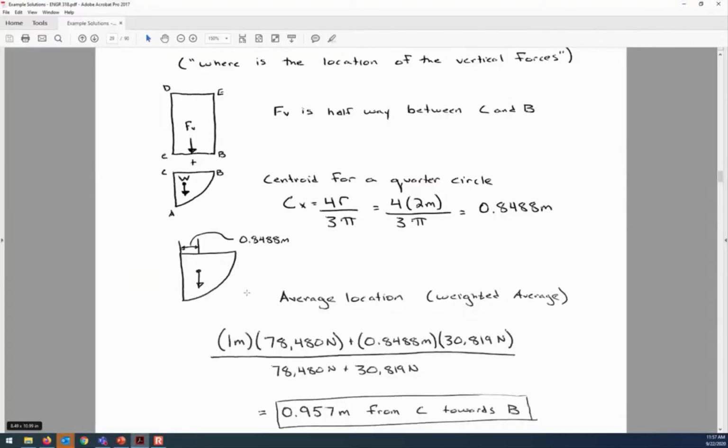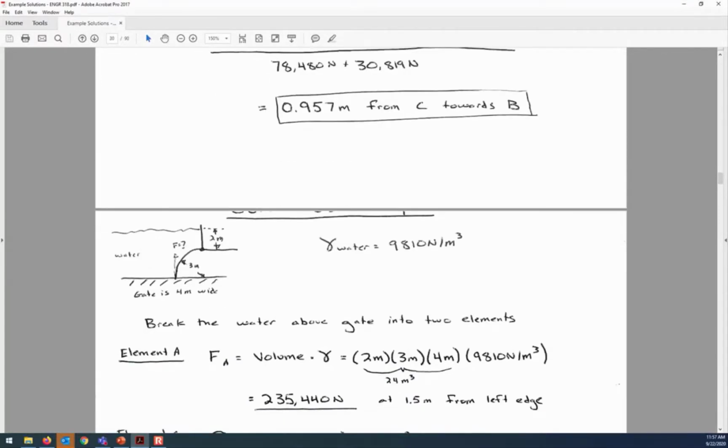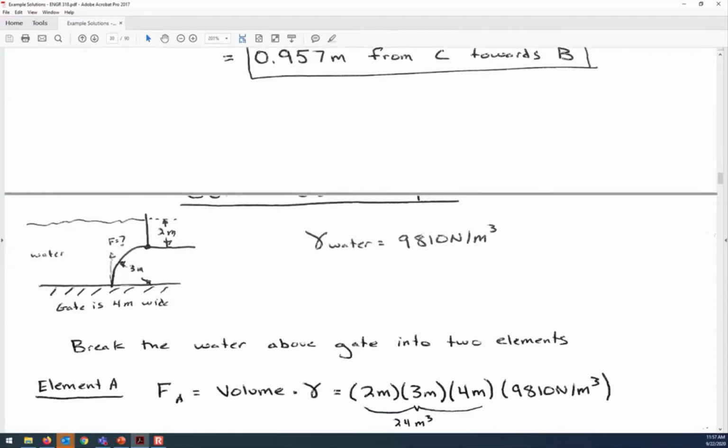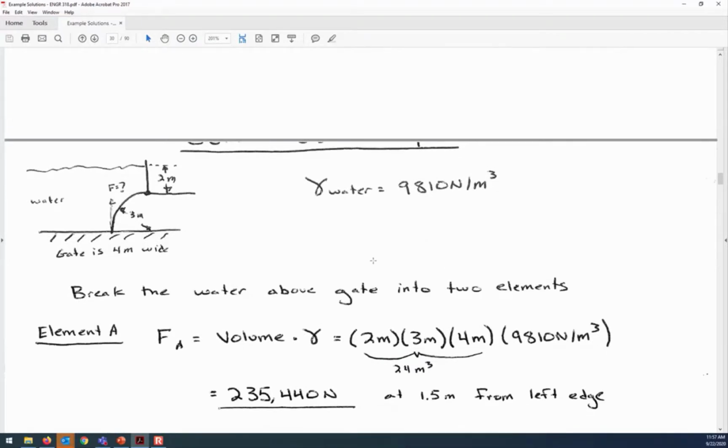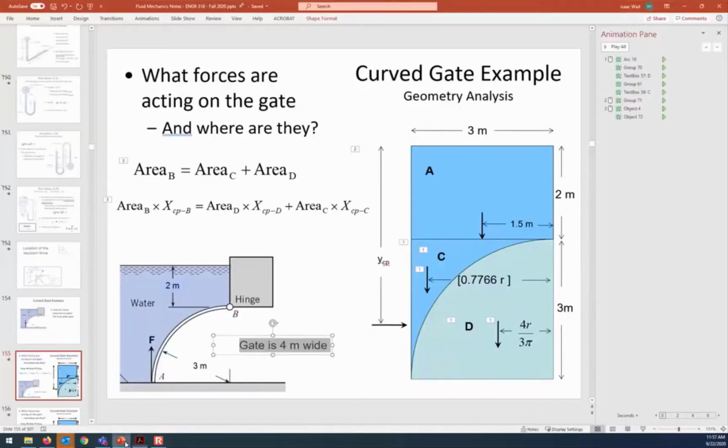All right, so here is the magnitude of object A. So it's the 24 cubic meters, and the location of it is 1.5 meters from the left edge, and that's just by inspection. If it is 3 meters in total width, the center of area for a rectangle will be in the center, in terms of side to side. So it's 1.5 meters from the edge that the force is located. That is object A that's above the gate. And now object C that's above the gate,